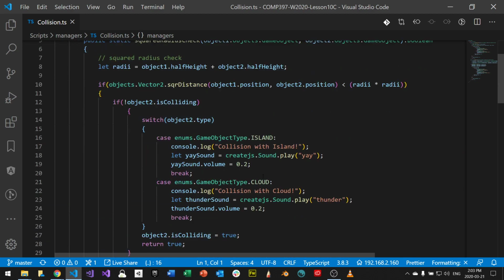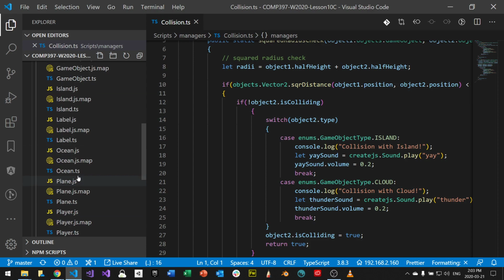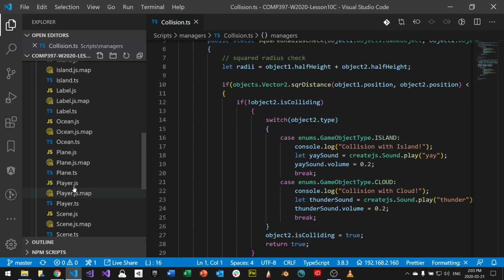Okay. So what the squared radius check does, and we talked about this last time, is I created a little volume for my yay sound and my thunder sound. When we collide with the island, we play the yay sound. We created this thing, which is an abstract sound instance, and it did the same thing with the thunder sound. Okay. What's important for us to do is in my objects plane. So if I go to my plane.ts,